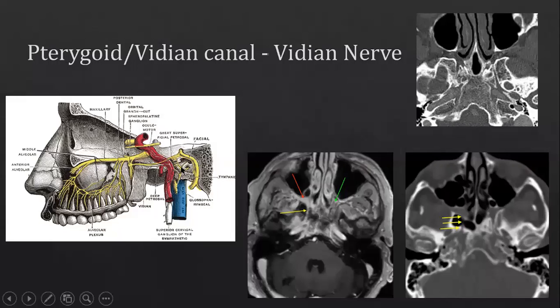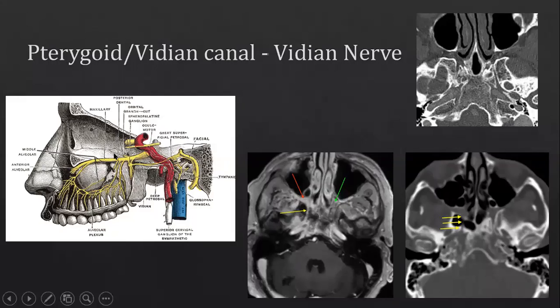The other small foramina, we are now into the smaller foramina. We have looked at the foramen spinosum. Next is the Vidian canal, or the pterygoid canal, and it is located much more inferior to the maxillary foramen, or foramen rotundum. It's much smaller. It also leads into the pterygopalatine fossa. You will now realize the pterygopalatine fossa is behind the maxillary sinuses, in front of the pterygoid plates, and it really carries